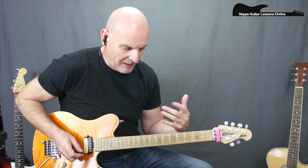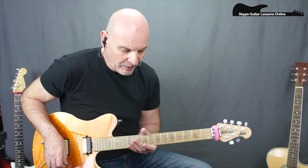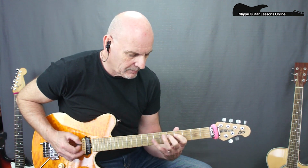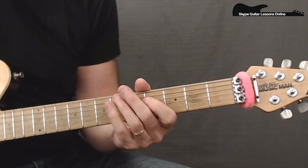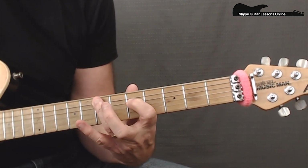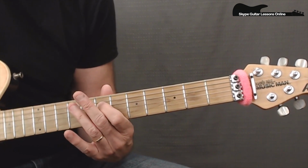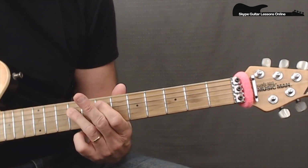Now from that riff we go back to playing the lines that are the same as what we played in the intro. It's just a little bit of a change of variation to the order. The first one that we do is the one that ends on the 7 on the A. So as you get this, so we've got that 7, 5D, A7, sliding up to 9 on the D, 7, 5,